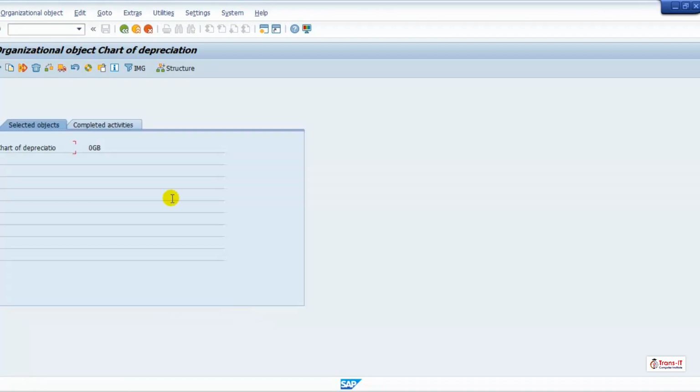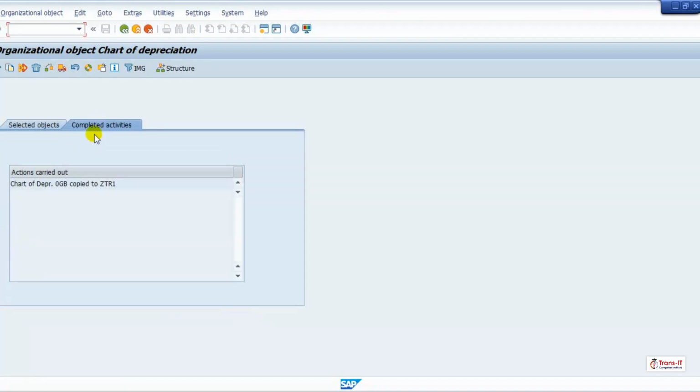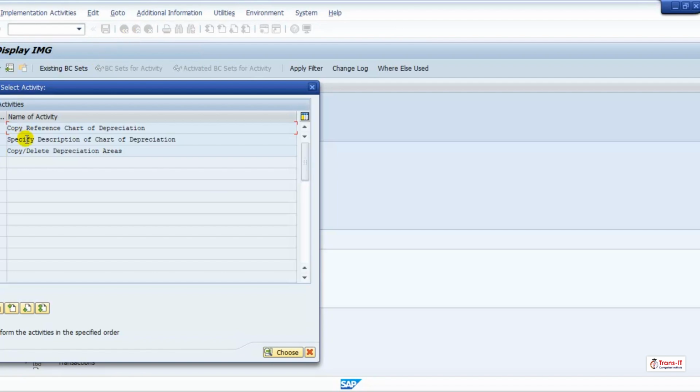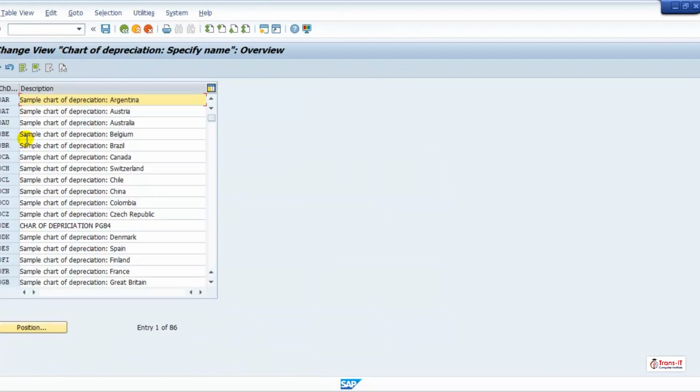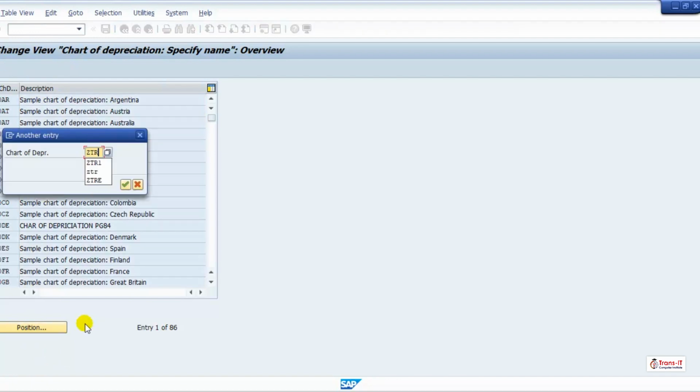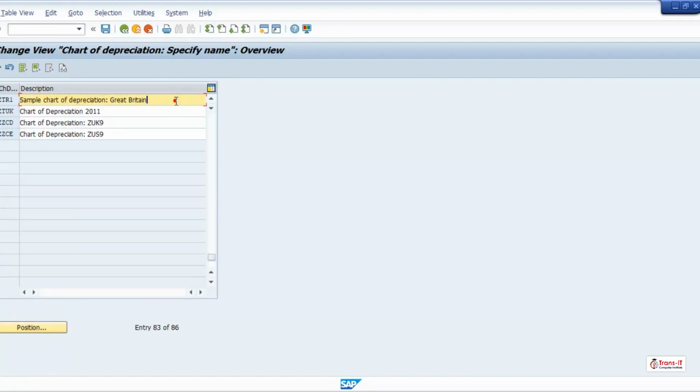Now click on the continue button and click on completed activities. Come back. Then click on specify description. Click on position. Enter our chart of depreciation and change the name: Chart of depreciation-TRE1.